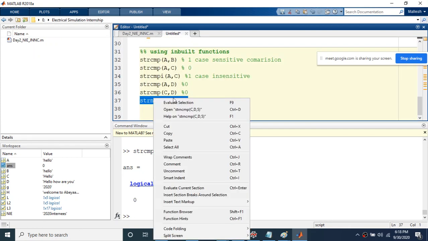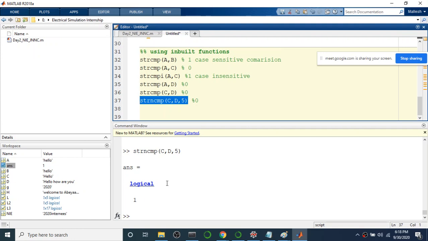So let me do that. The output is 1, because both the strings are matching. So it compares the first 5 characters. You can compare something like this, any number of characters you can choose, but it always begins with the beginning of the string. You can compare up to 5, 6, 10, anything.